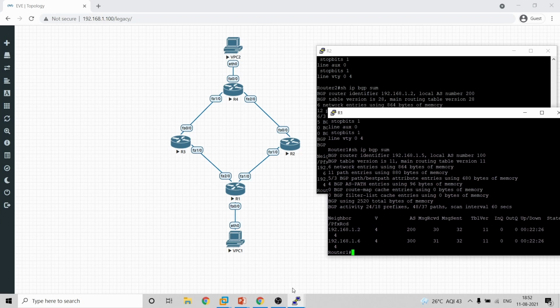So now how do we attain the traffic redirection using weight? Okay, now the first step is to try pinging VPC1 from VPC2 to see how it's reachable.